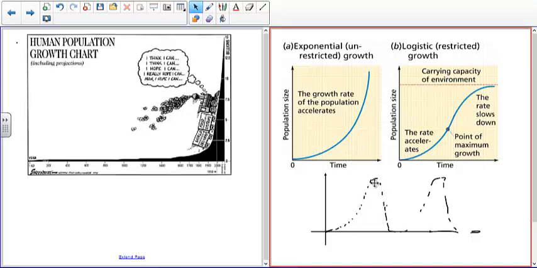And you've probably seen this with things like the Black Death in the Middle Ages. There was a big crash in population, not down to these levels, but